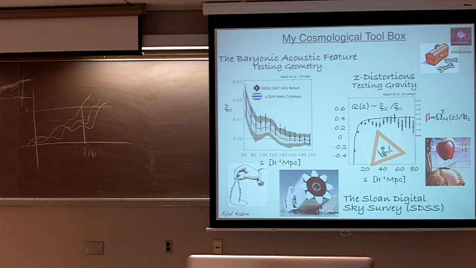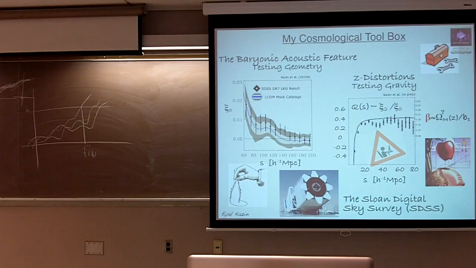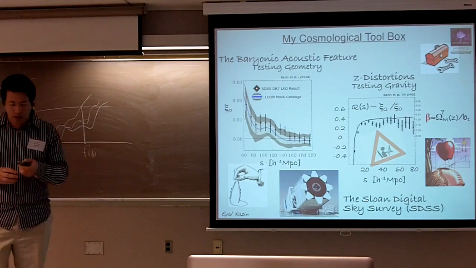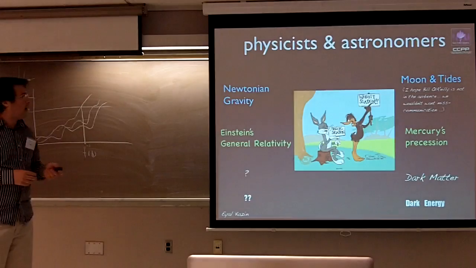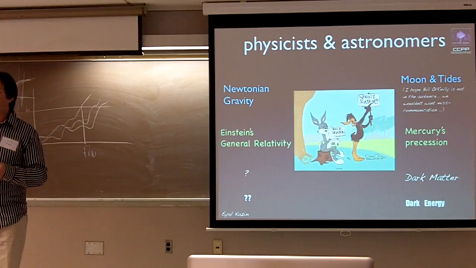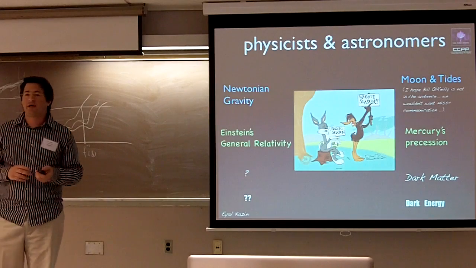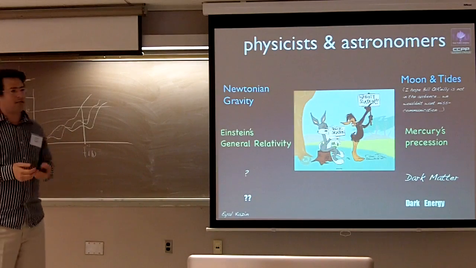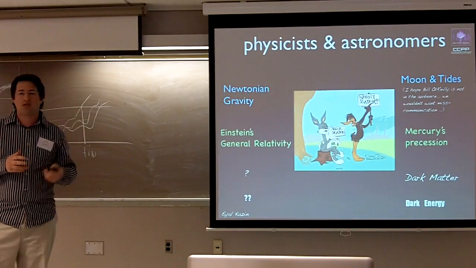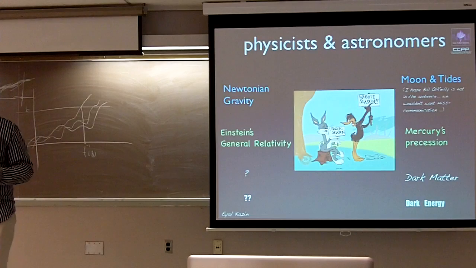And I'll also say a few words about the Sloan Digital Sky Survey, which is a revolutionary survey that has industrialized, in a very positive way, the way we do analysis in astronomy today. So just a brief background: the relationship between physicists and astronomers. For the most part, physicists have been telling the astronomers what they should be looking for in the sky, for example, black holes and neutron stars, because the cosmos gives us extreme laboratories that we can't reproduce